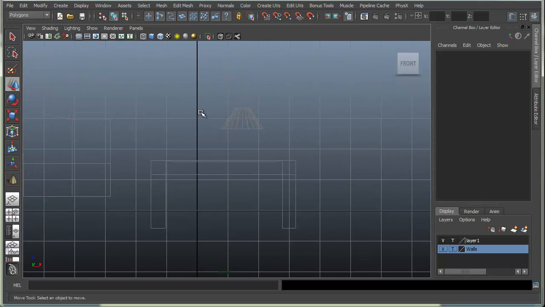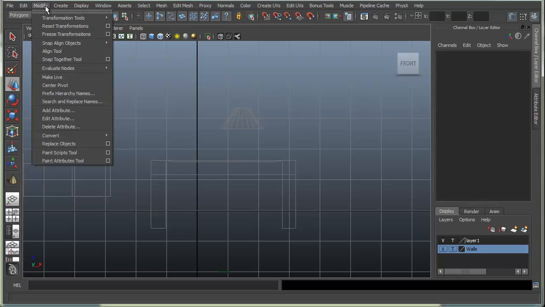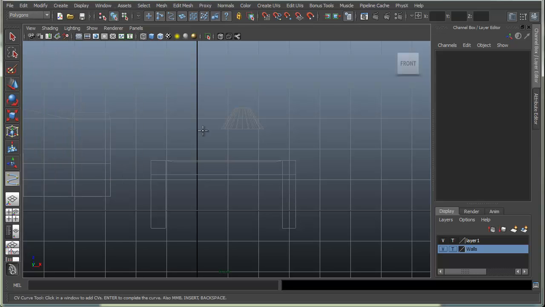As I mentioned in class, we want to revolve around this dark line, which is the origin of the axis. It's either the Z or the Y axis. So under Create, I'm going to use the CV tool here, and I'm going to snap to the grid, build the base of the lamp,